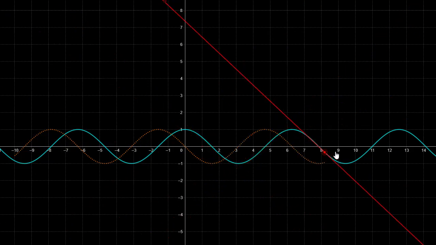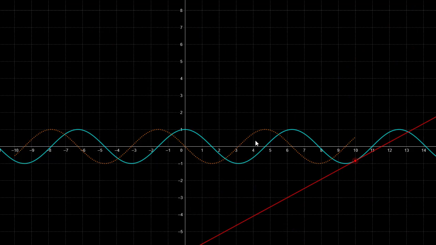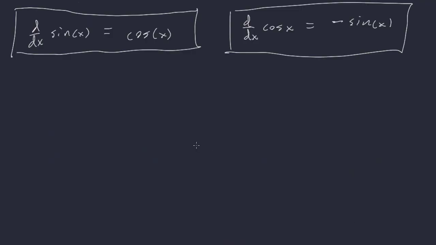Okay, and when we trace this out, you can see it's not exactly sine, it's sine that's been flipped over, therefore it's negative sine. Okay, from here we can find every other trig function, because every other trig function is based on sine and cosine. So since tangent is sine over cosine,